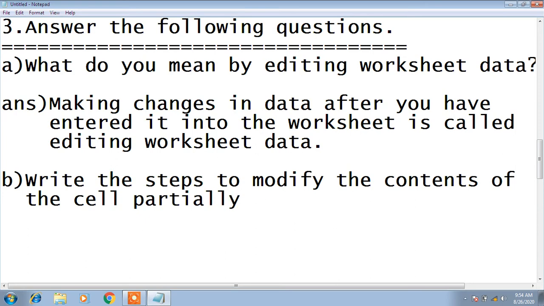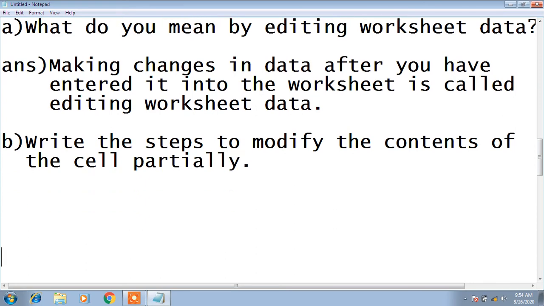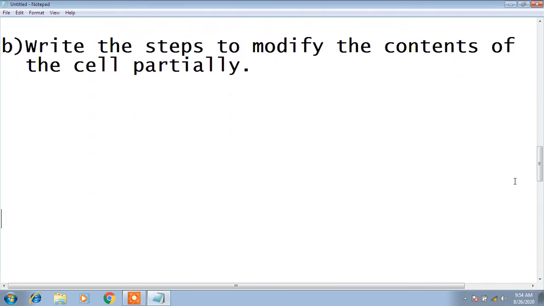So this is the question. Now the answer for question number B: write the steps to modify the contents of a cell partially.